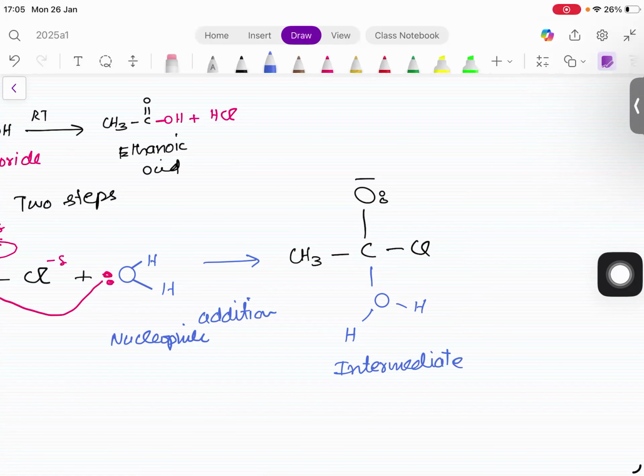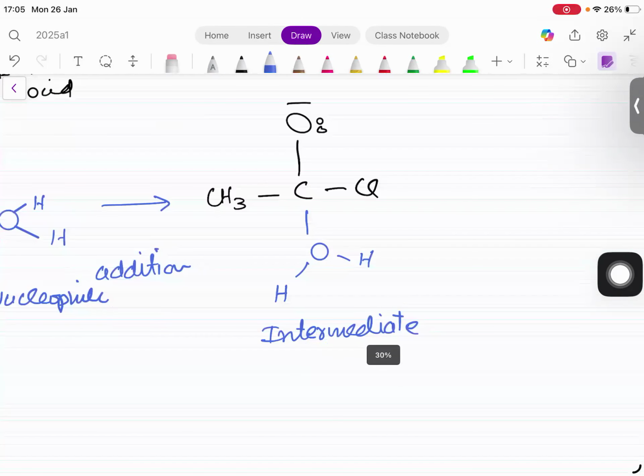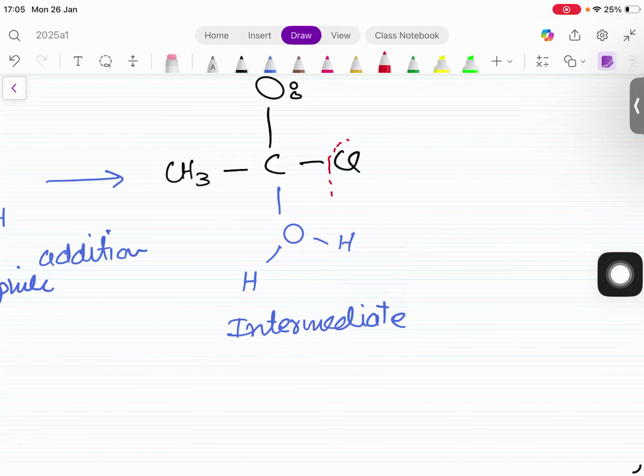In the second step, in the simplest terms, elimination is going to take place. What is this elimination? Look, this Cl and this H are going to be eliminated. You're not supposed to make this dotted line. You just have to tell me how they are going to eliminate. This bond is going to break by heterolytic fission, and both these electrons are taken by Cl, being more electronegative. And this bond also breaks by heterolytic fission, and both these electrons are taken by oxygen, being more electronegative. And in the meanwhile,